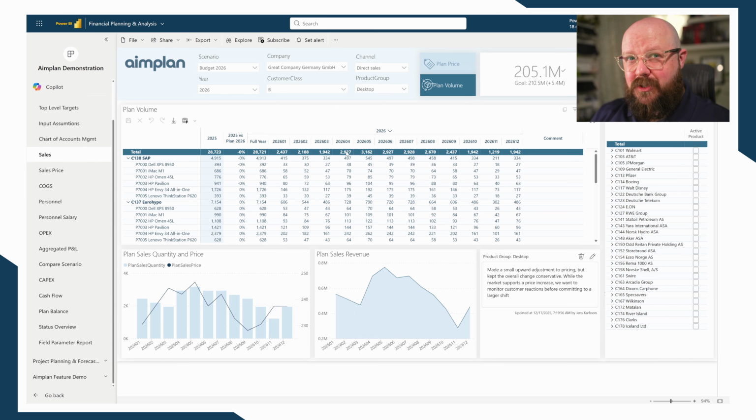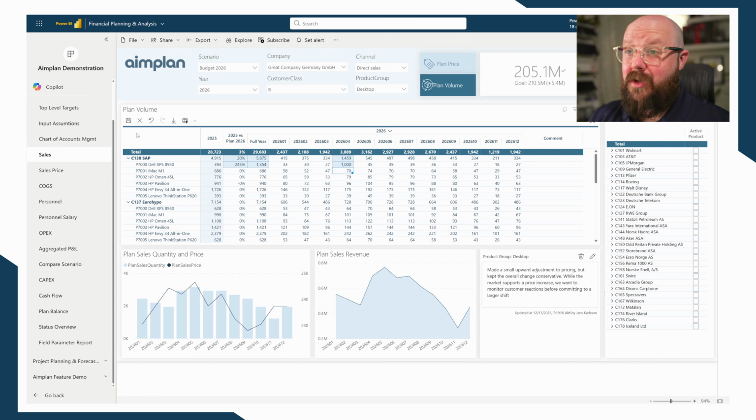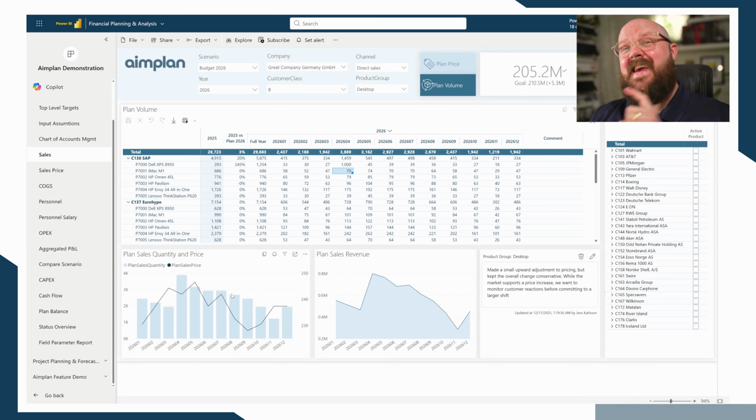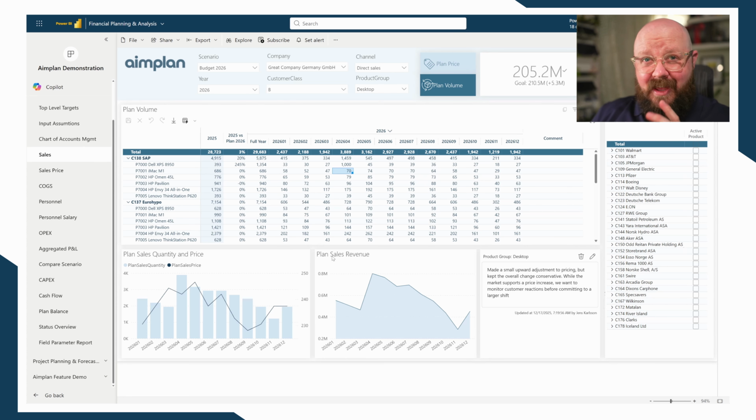Now watch what happens when I click into a cell, say April of 2026, and I modify one of these numbers. I'm going to make it a big number so we can really see the results of this. I'll click Save, and in real time, this chart will update, and we'll see how it updates across our other reports. That number is written back to the semantic model instantly. And that is Power BI operating as a two-way tool, not just reporting what happened, but capturing what you plan